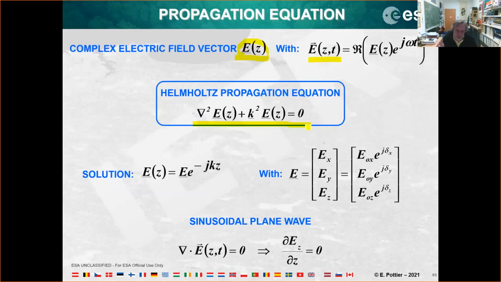And we are trying to find the solution of this equation. And the solution of this equation is very obvious. It is what we call a sinusoidal plane wave. So what does it mean? It means that the wave propagates at the output of the antenna in a plane. Here you have a plane which propagates along the z-axis. And inside this plane, you have the field which is turning according to its polarization. So it's like that we are able to define the polarization of the wave.